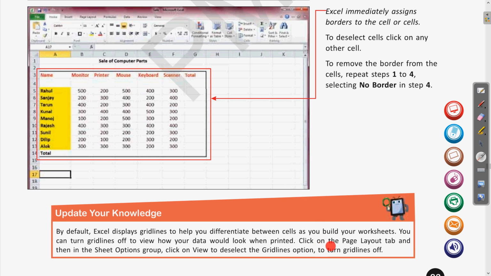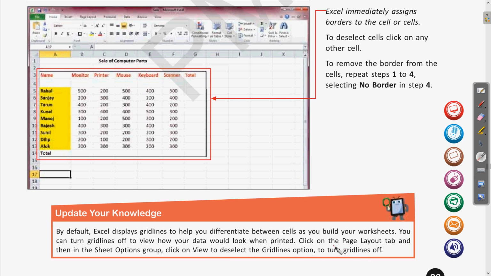So click on the page layout tab, and then in the sheet option group, click on view to deselect the grid lines option to turn grid lines off. Clear? Let us also do this, how we can turn off these grid lines.